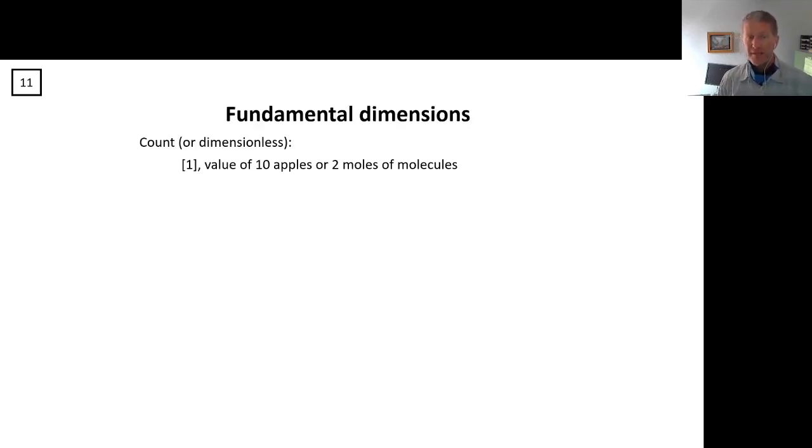Now, the real world is a complex place, so we probably need a few more fundamental dimensions than just length for a system that's going to work more generally. So there are several more fundamental dimensions to talk about, but there are remarkably few of them compared to the complexity of that reality. First of all, we can talk about a count, and this is sometimes also called a dimensionless fundamental dimension. Some people say this just means it doesn't have dimensions, but other people say, no, things always have dimensions. That dimensionality just happens to be a count. Don't need to get into that argument, but it's out there.